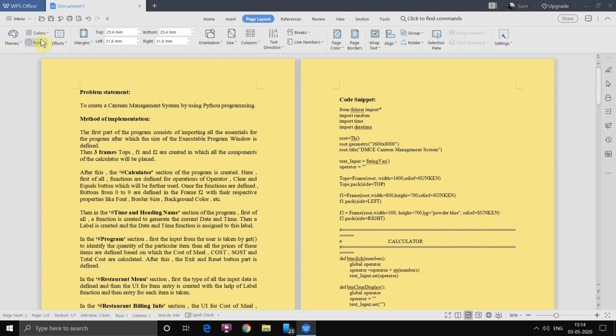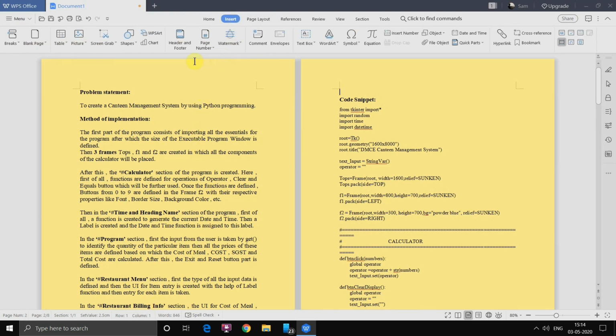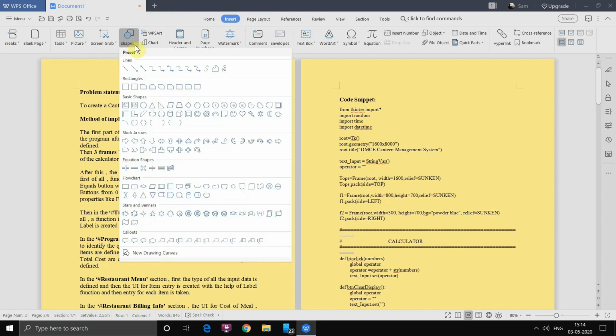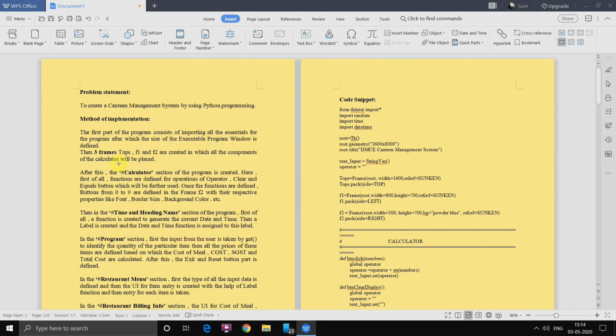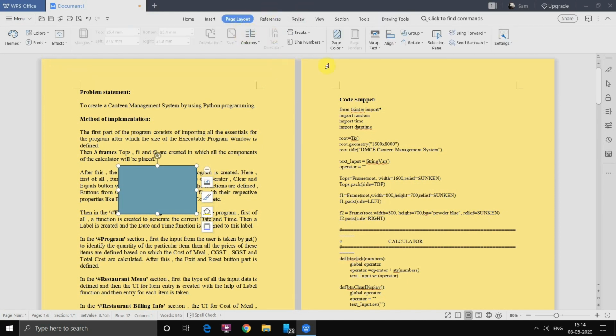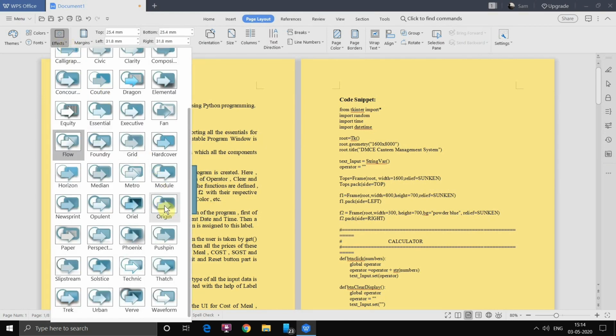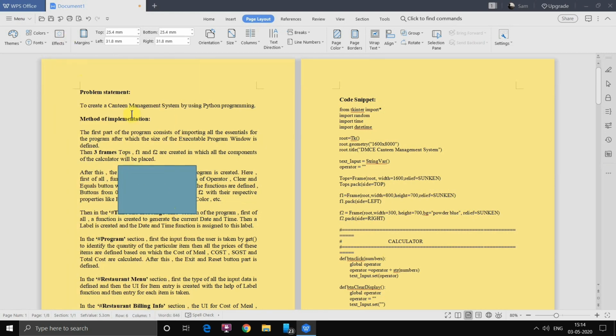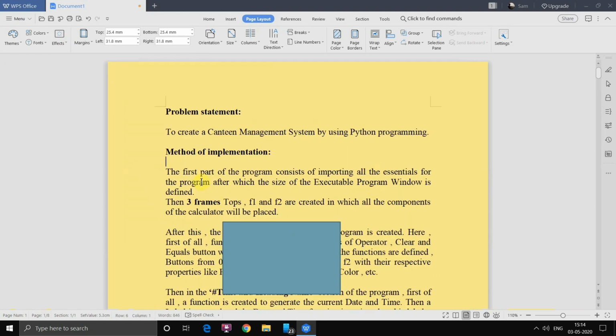Effects. Now for effects, you'll need to have something in the document, like let's take shape, and I'll select this one. Alright, now I'll draw it here. See, drawing tools have been explained in the previous video, you can go there. Now page layout, see this. Now you can apply any kind of effect to it. I'll just go to effects. Let's take origin. See, it got applied. I'll just zoom in so you can see it properly.